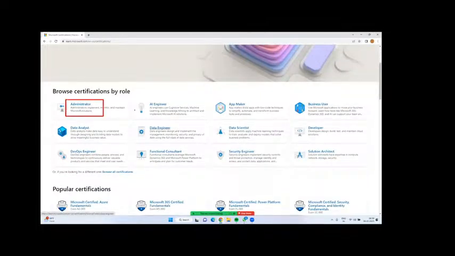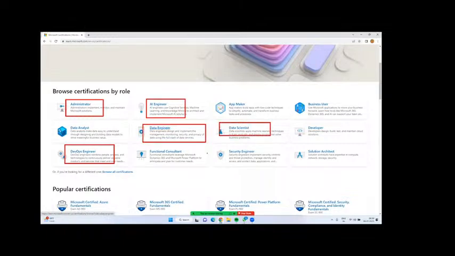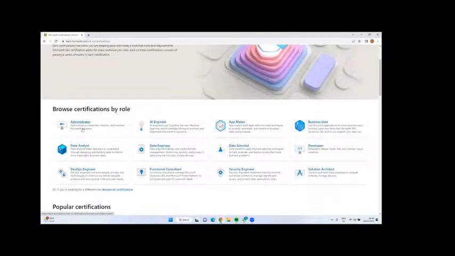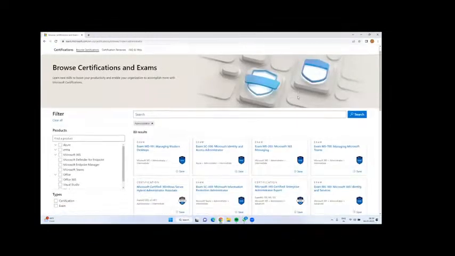We have administrator, artificial intelligence, DevOps engineer, data engineer, data scientist, security engineer, solution architect, and developer. I am looking for administrator with DevOps. In the same way we have developer and solution architect. Now just go for administrator.